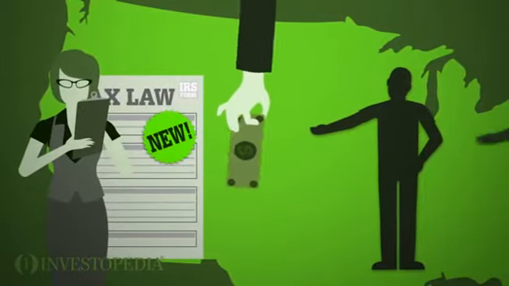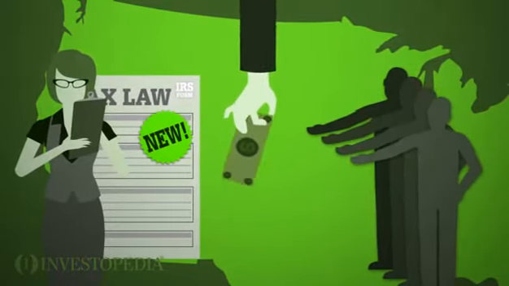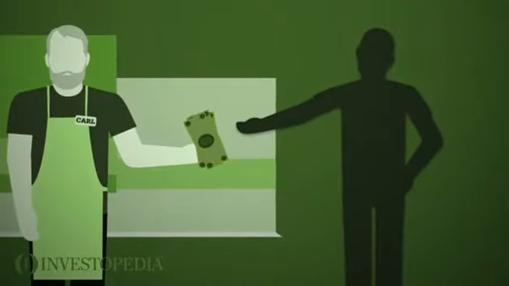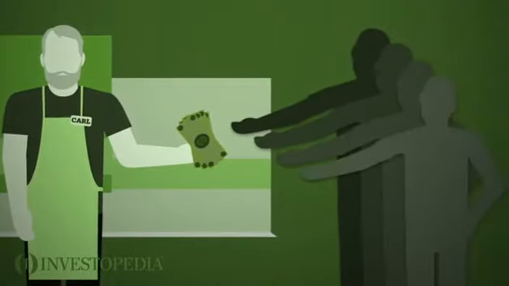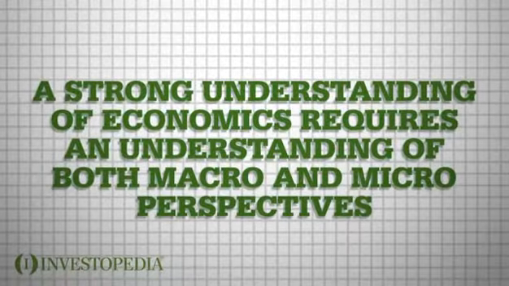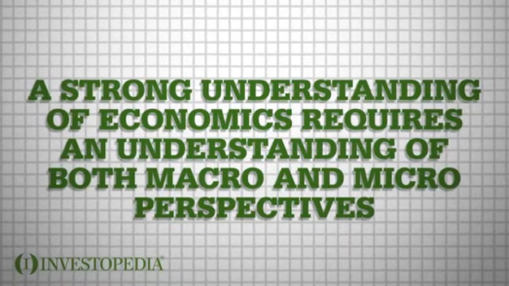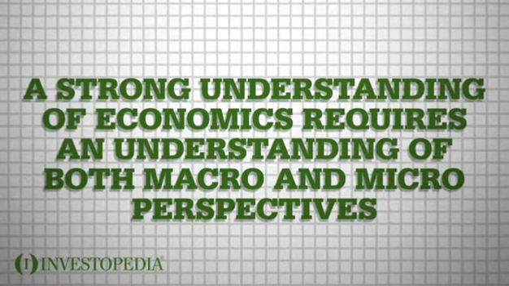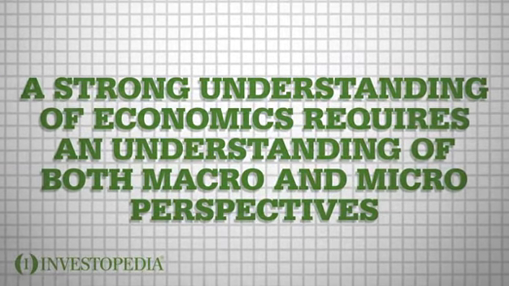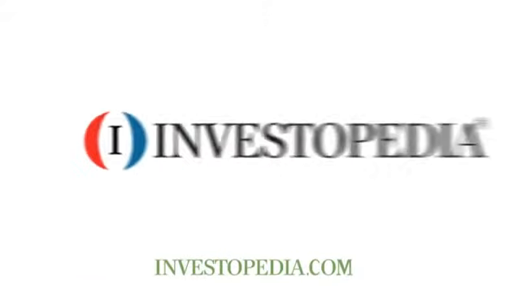While both are often taught separately, there's plenty of overlap. For instance, at a macro level, if a new federal law makes it more attractive for people to work, it will have broad implications, such as lowering the country's unemployment rate. At a micro level, Carl may be forced to increase wages if he wants to attract more workers. Ultimately, a strong understanding of